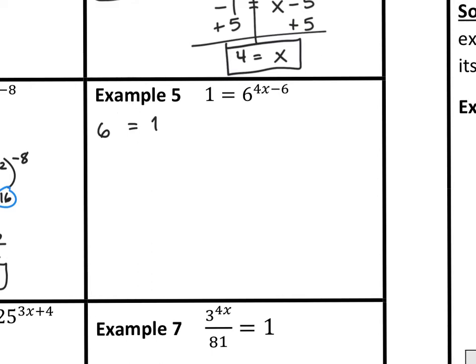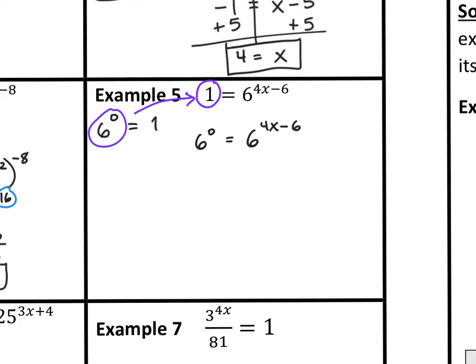And what should come to mind is 6 to the power of 0, because anything to the power of 0 is 1. So that means I can make a substitution. Actually, I should have done the arrow the other way. I've been doing the arrow the wrong way. But I can make a substitution and replace 1 with 6 to the power of 0. So I'm going to rewrite 6 to the power of 0, copy the right side,